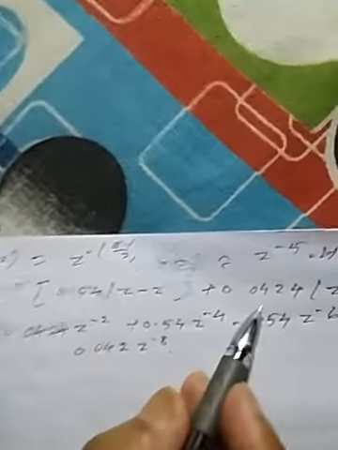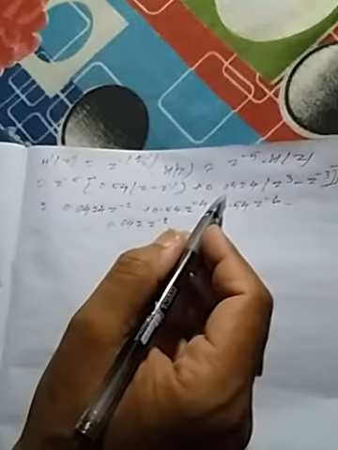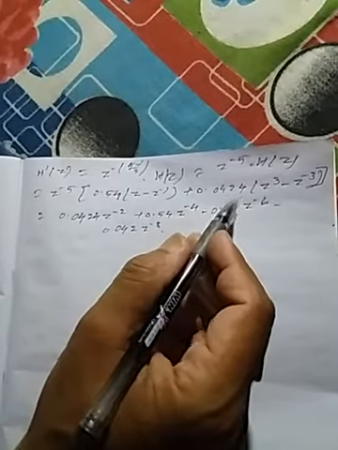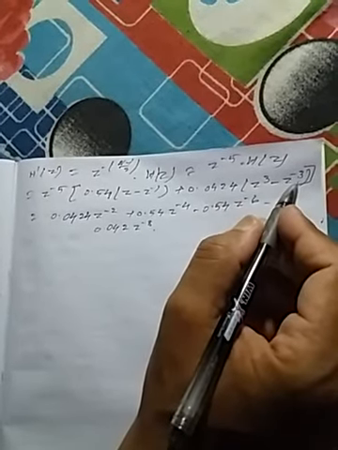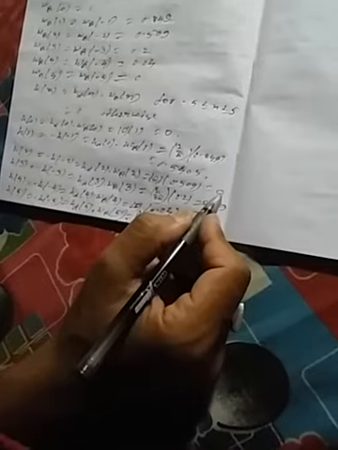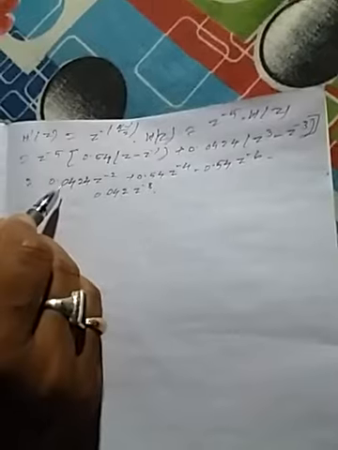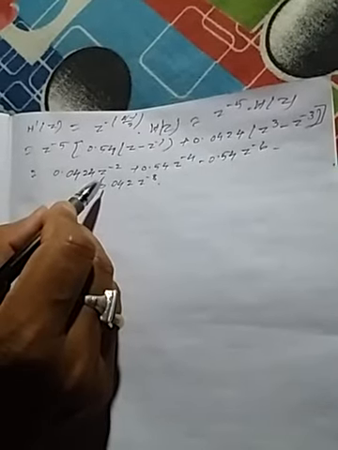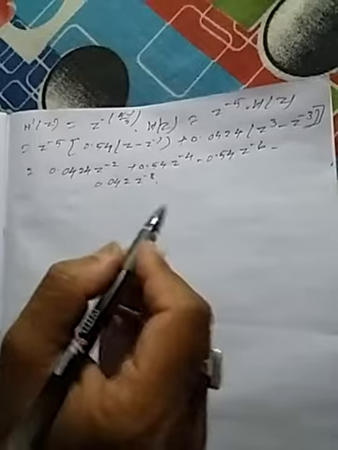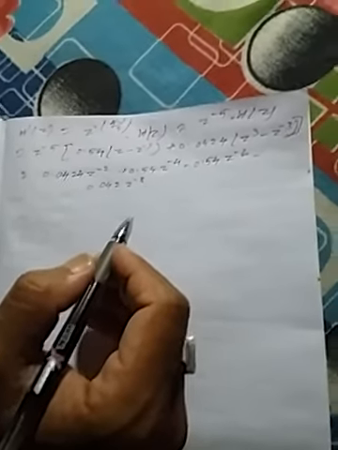Okay, so Z minus Z inverse, and h2 has the value 0.04, h3 has the value 0.0424, so Z to the power minus 3. Okay, because h2 has the value equal to 0, right? So from here we can find that H dash Z equal to 0.0424 Z to the power minus 2, and this. Okay, now the causal coefficient of Hilbert transformer, from this we can find the coefficient.